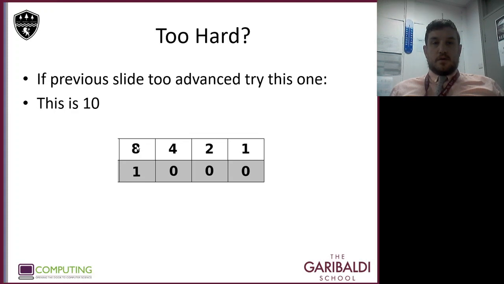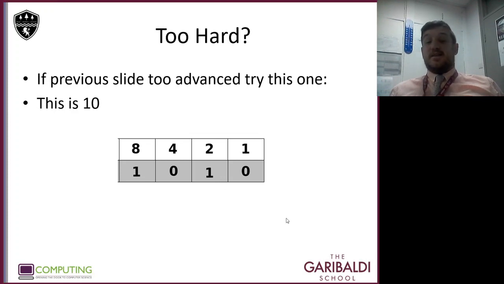Uh-oh. Am I correct? Did any of you spot the deliberate mistake? Because if it's going to be the number 10, we'd also need to have a 1 in the 2 column. So 10 in binary would be 1, 0, 1, 0. Remember, all we need to do is add up the columns where there's a 1, and we know that 8